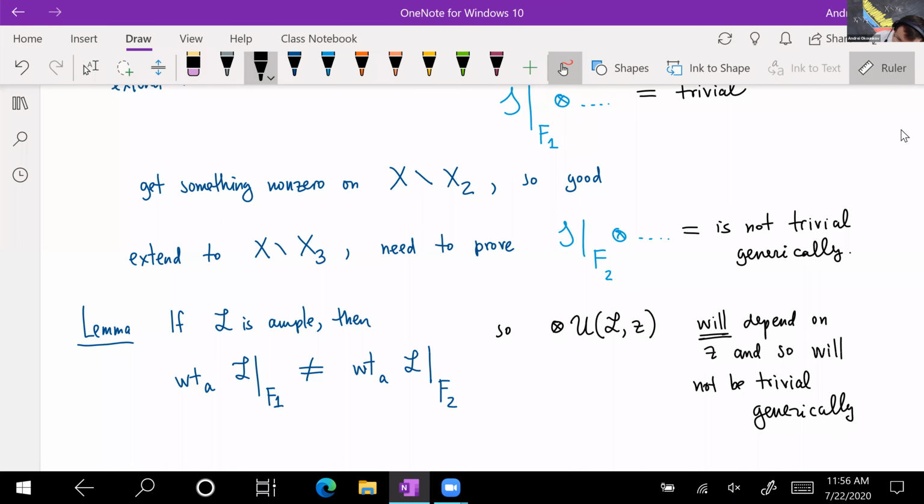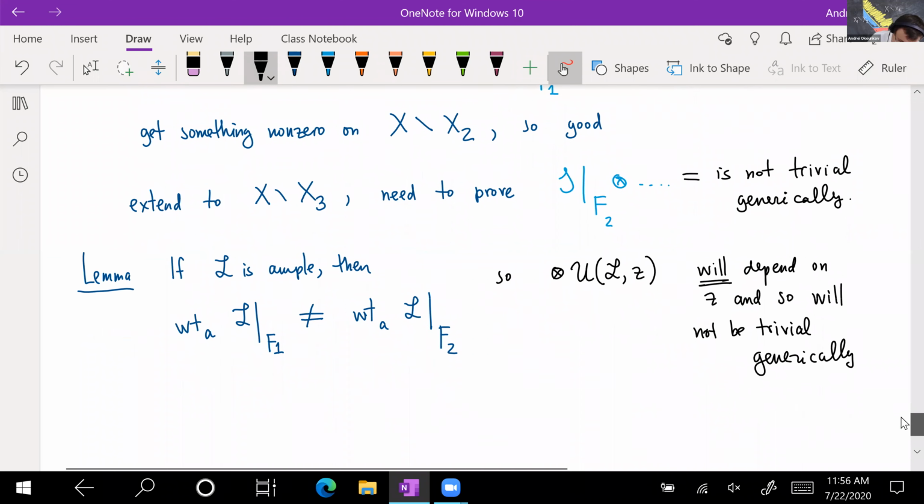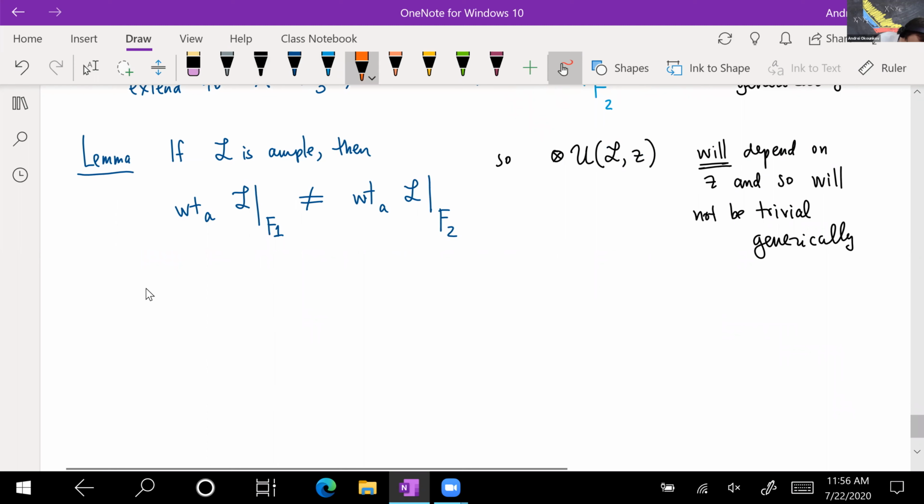What's the proof of the lemma? The proof of the lemma is we compute. We have a trajectory. It goes from one fixed locus to another. Let's close the curve C. Then if I pair the degree of line bundle L restricted to C, which must be